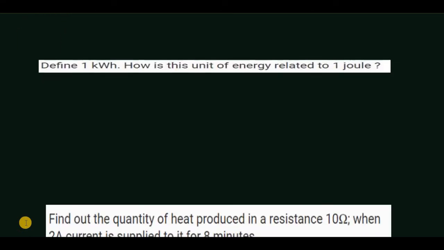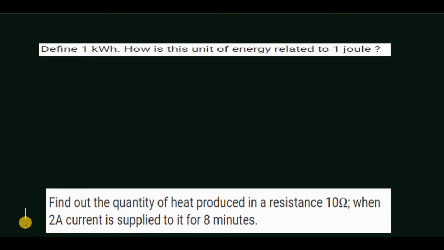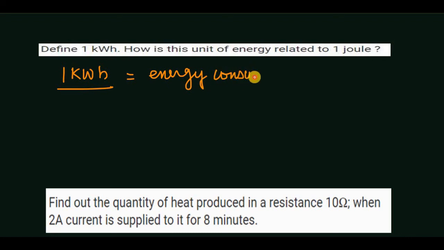Define 1 kilowatt. I think this is a question of class 9th, but still it is in the syllabus, so we have to do it. Define 1 kilowatt hour. How is the unit of energy related to 1 joule? 1 kilowatt hour. So 1 kilowatt hour is the energy consumed by an appliance of 1000 watt in 1 hour. Okay, it is the energy consumed